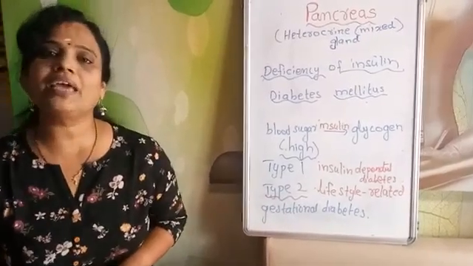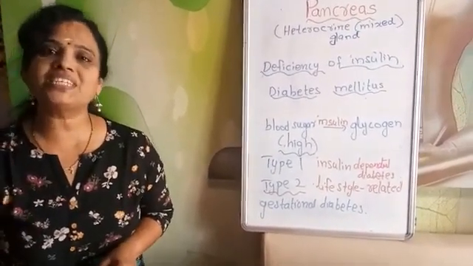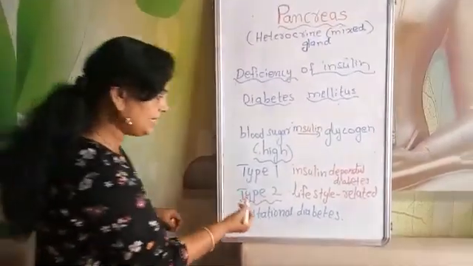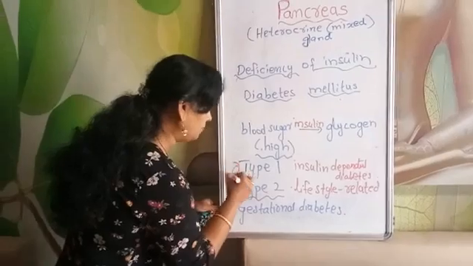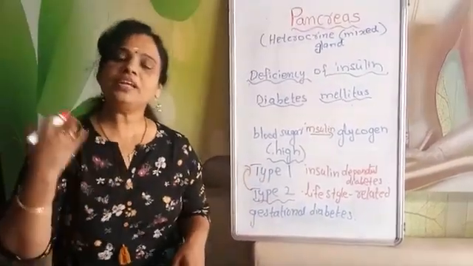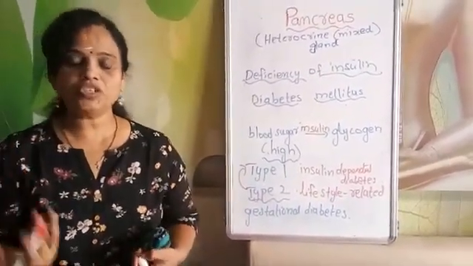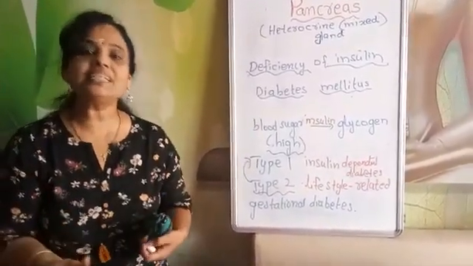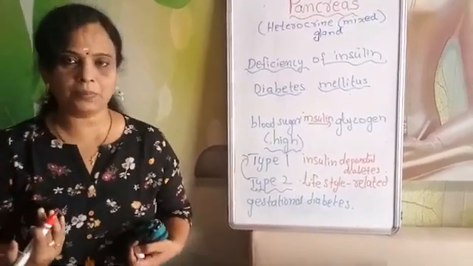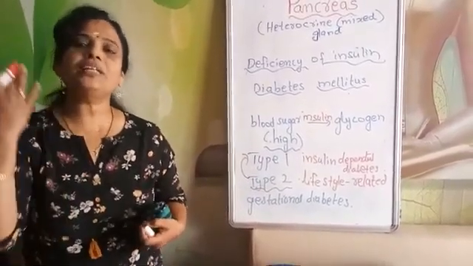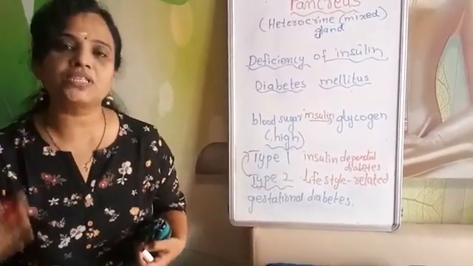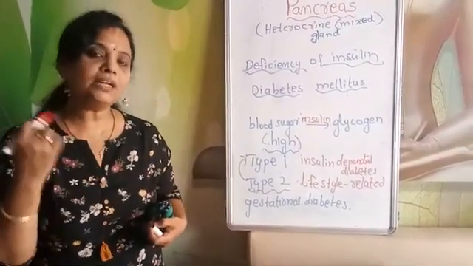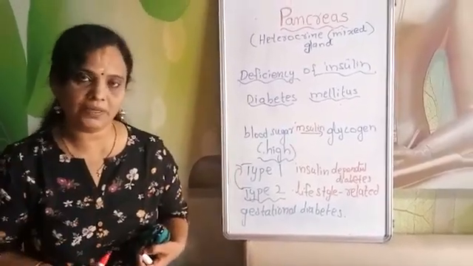If you don't make changes in your lifestyle and continue like that, slowly type 2 can turn into type 1. Just as an example, the pancreas may think, though I am getting secreted, the cell is not accepting me. So what will happen? Slowly the pancreas will stop producing insulin and insulin deficiency comes again. That means type 2 can lead to type 1 diabetes.